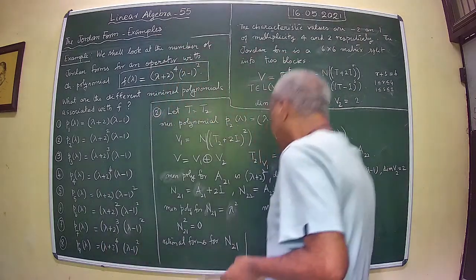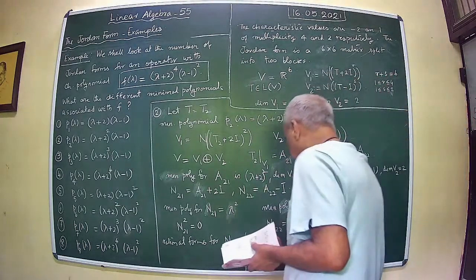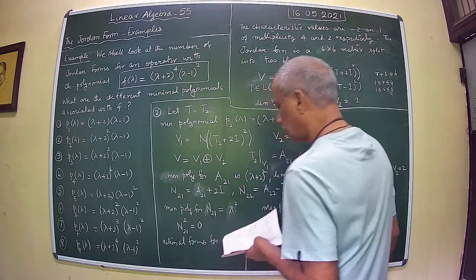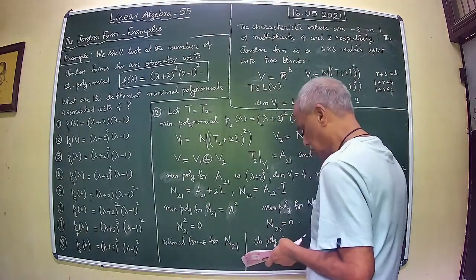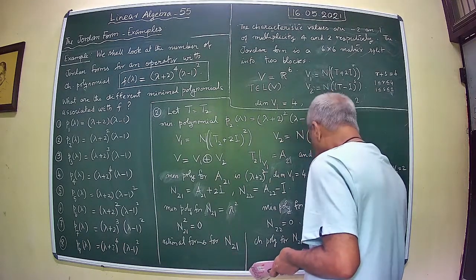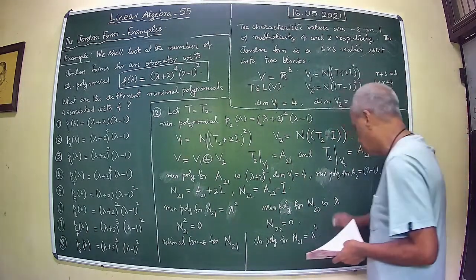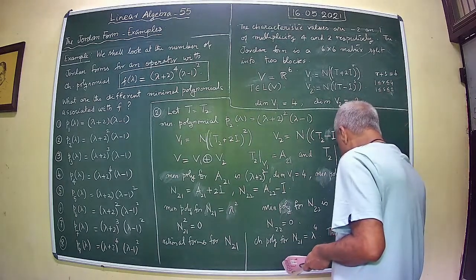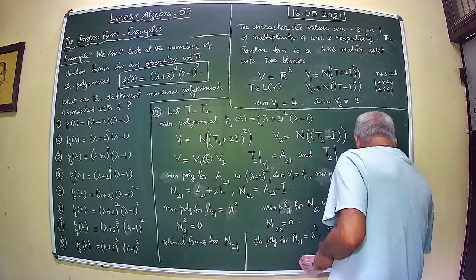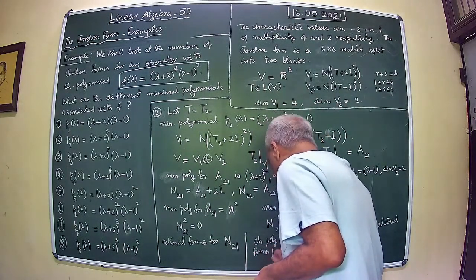There are two different possibilities that can come, because you see that the characteristic polynomial for n21 equal to lambda to the power 4. Therefore, we have three blocks. I mean, there are two possibilities possible for